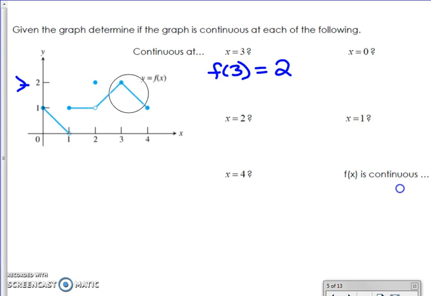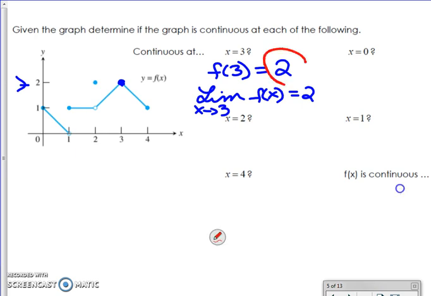Why? Because if I just plugged in, notice it's a closed circle there, right here. f of 3 equals 2. So it's a closed circle, so that part exists. Now, I need to show that the limit exists. So the limit as x approaches 3 of f of x also equals 2. So since those 2 things are the same, notice that 2 equals 2, so that tells me that yes, it is continuous. I'm just going to abbreviate that because I'm running out of